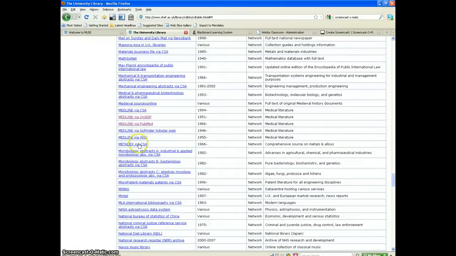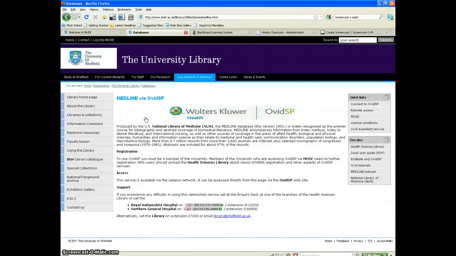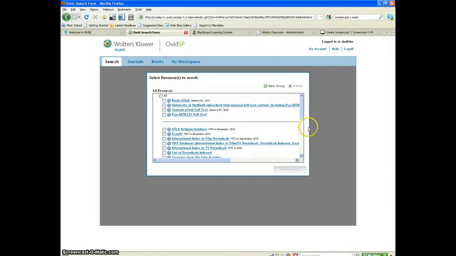There are some other ways of searching Medline that you can try, but for the purposes of this demonstration and for general use we recommend OVID SP, so I'll click on that. And now on the right hand side of the screen I click on Connect to OVID SP. So after it's had a little think, it comes up with a list of all the different databases that OVID